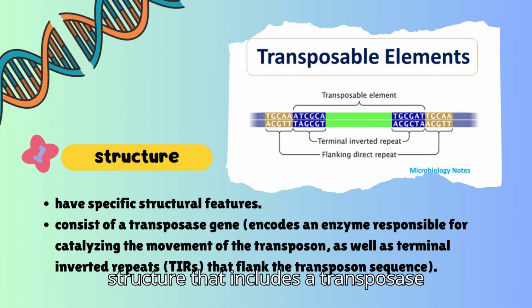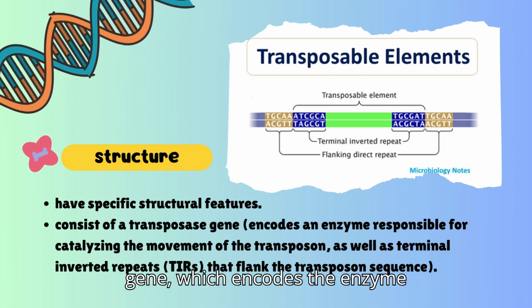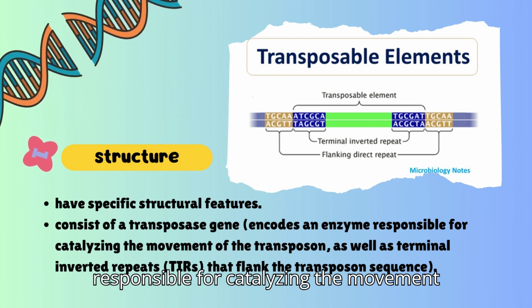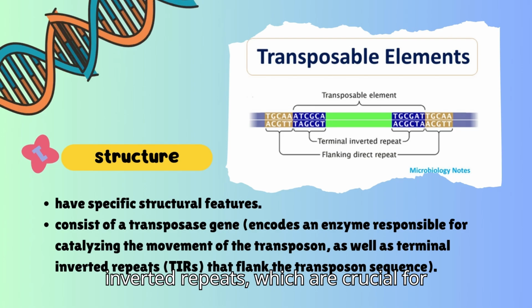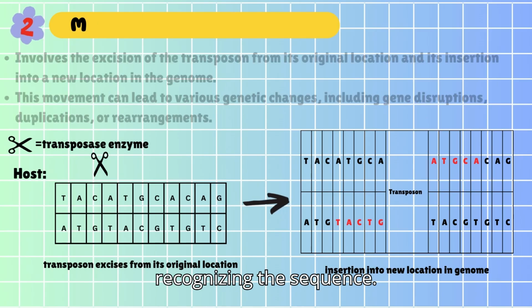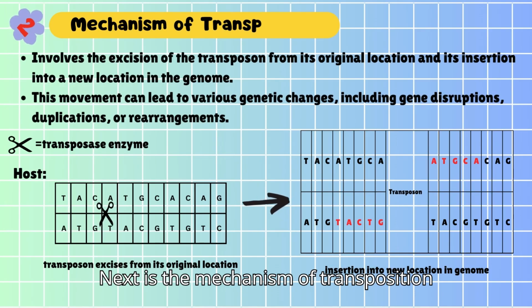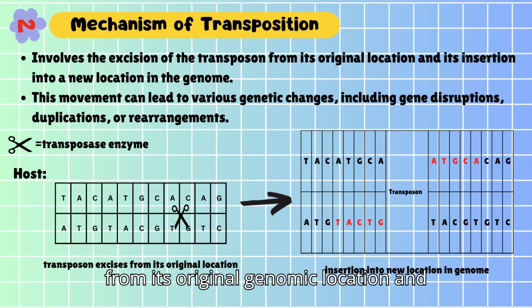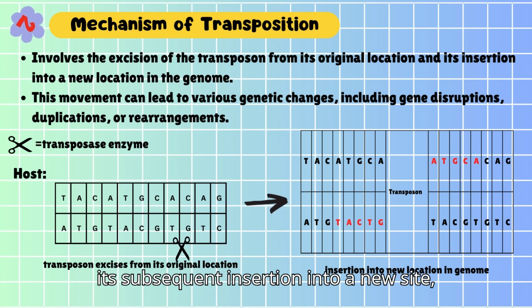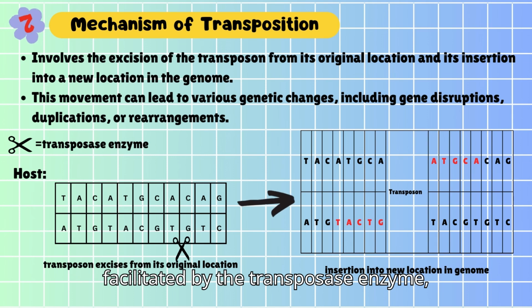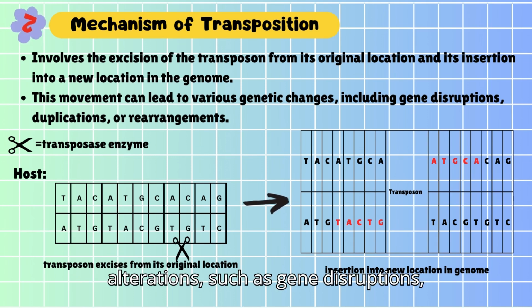Transposable elements have a distinct structure that includes a transposase gene, which encodes the enzyme responsible for catalyzing the movement of the transposon, as well as terminal inverted repeats, which are crucial for recognizing the sequence. Next is the mechanism of transposition, which involves the excision of a transposon from its original genomic location and its subsequent insertion into a new site, facilitated by the transposase enzyme, which can lead to various genetic alterations such as gene